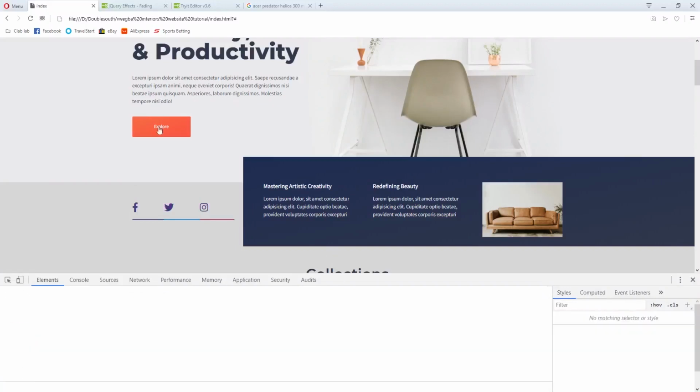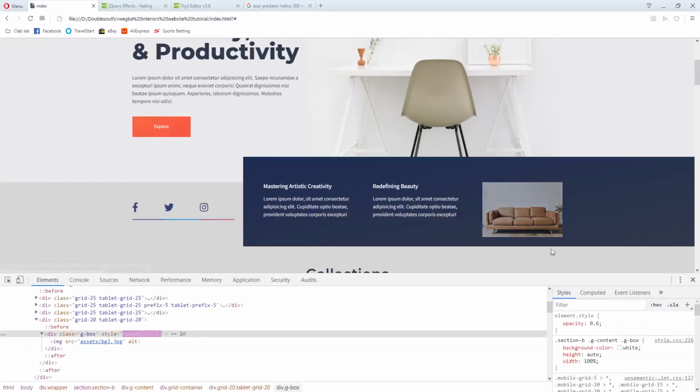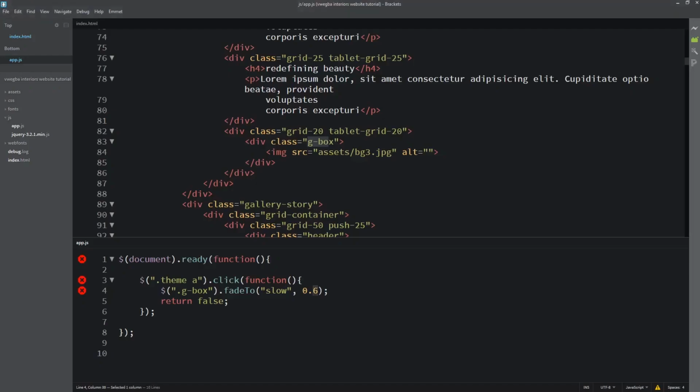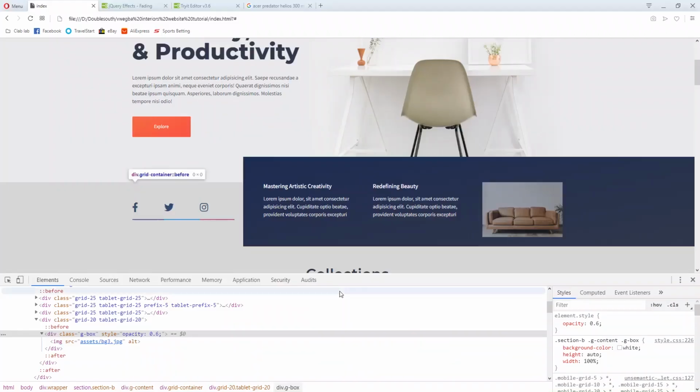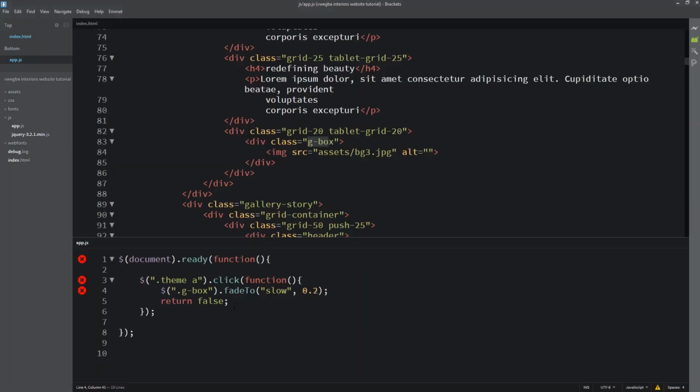If I refresh and click with 0.2, you see everything dims. It almost fades out but not completely. So that's fadeTo.